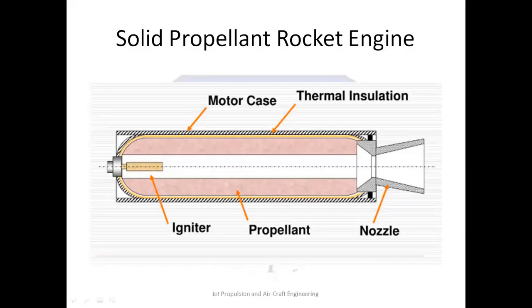Now, the highly heated products of the combustion gases are then allowed to expand in the nozzle section, as you can see at the tail of the engine. In the nozzle, the pressure energy of the gas is converted into kinetic energy. So the gas comes out from the unit with very high velocity. Due to the high velocity of gases coming out, a force or thrust is produced in the opposite direction. This thrust propels the rocket.